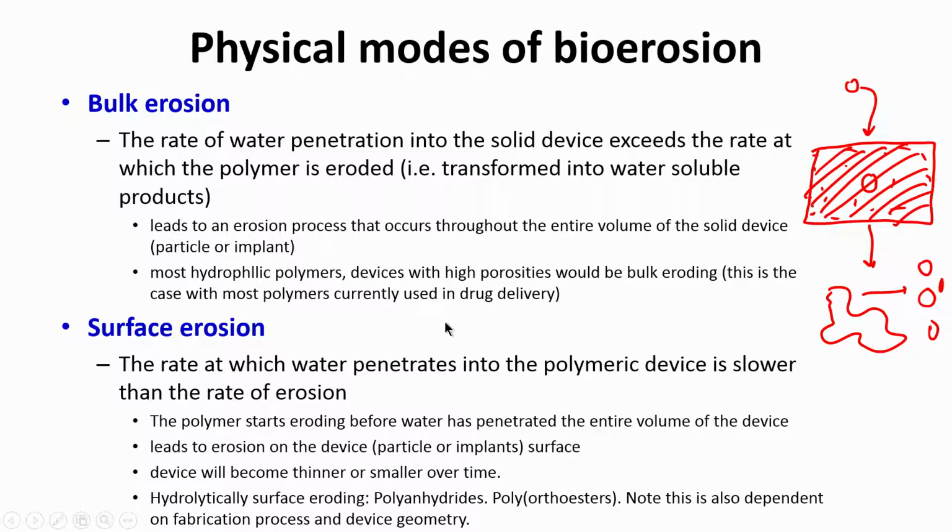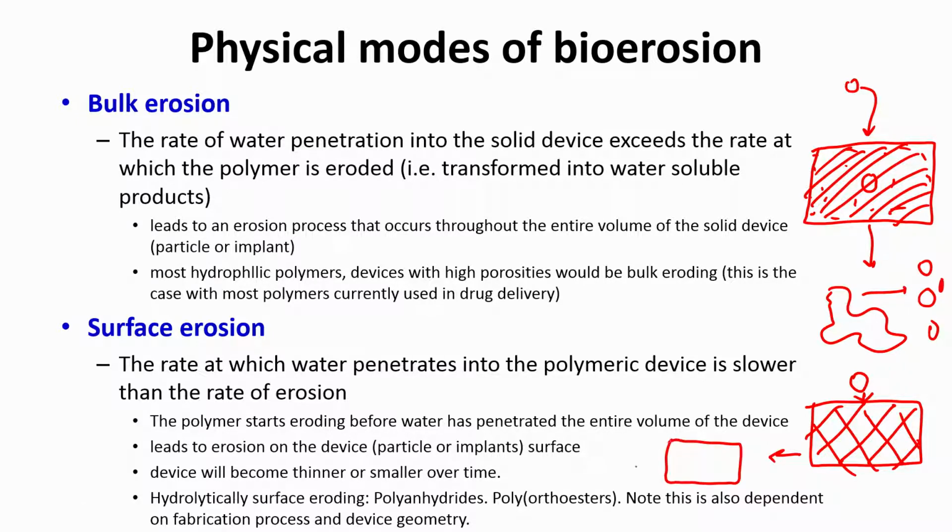There could also be surface erosion, which basically means that the rate at which the water penetrates in the polymeric device is slower than the rate of erosion. So what that means is, let's say if I have a device again containing lots and lots of polymer chains, however the water molecule cannot go in at a rate which is faster than the rate at which it will degrade the outer surface. So in that case what will happen is this device is going to maintain its shape, and only the edges will